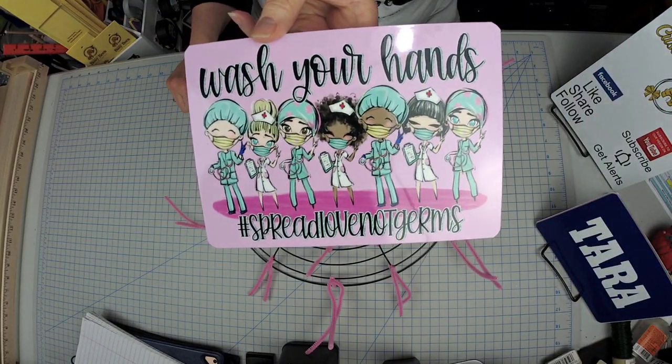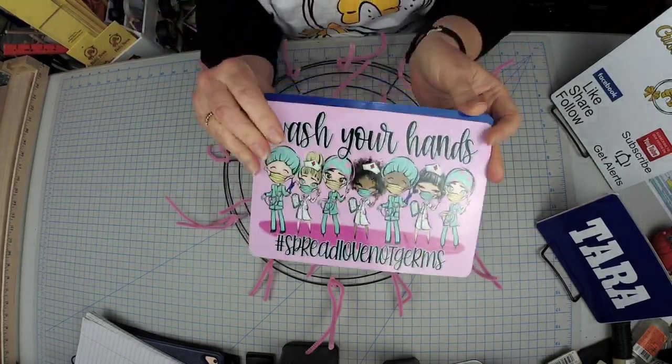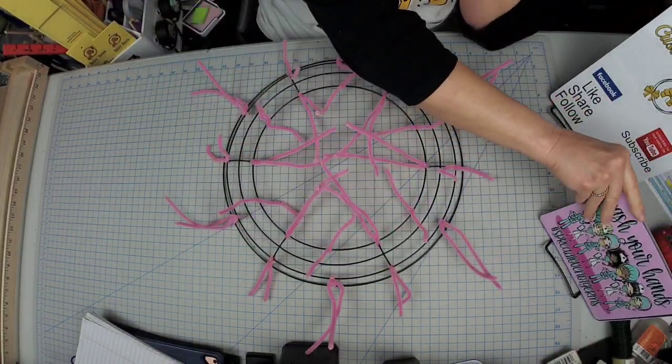So we're going to be using this sign. It says, wash your hands, spread love, not germs. So this is the 5x7 version. I also have a